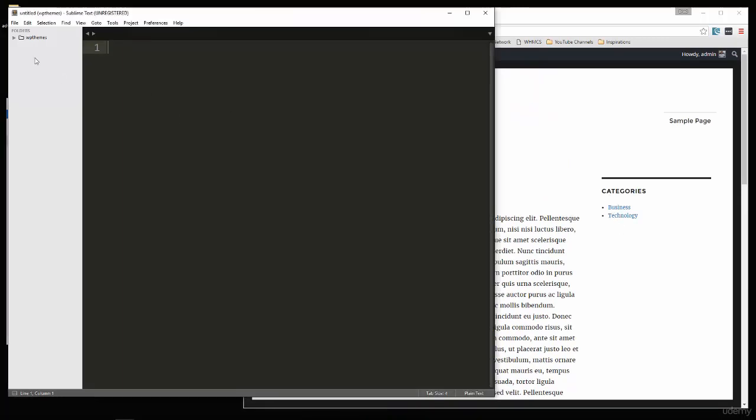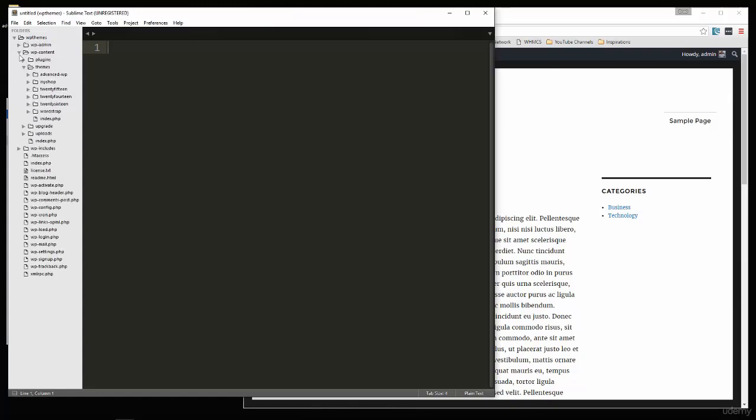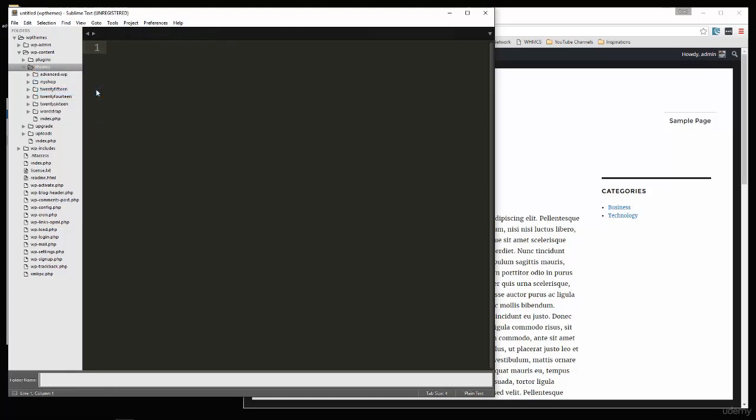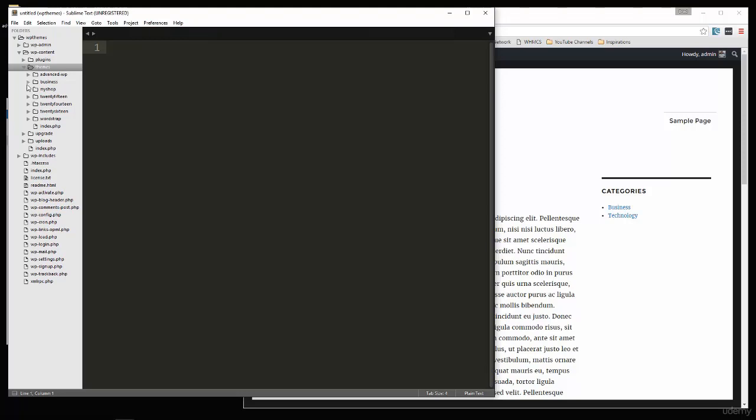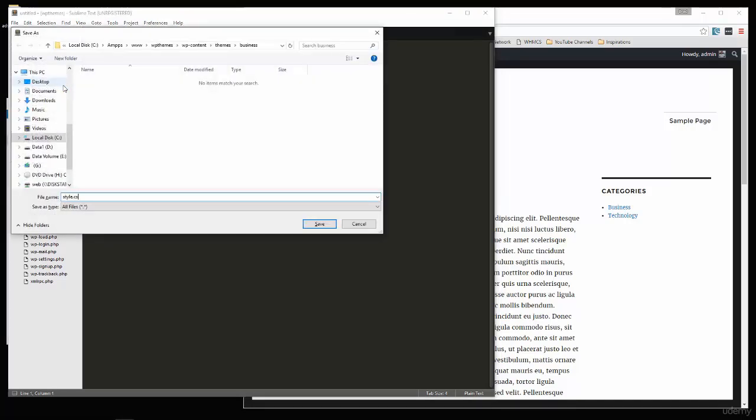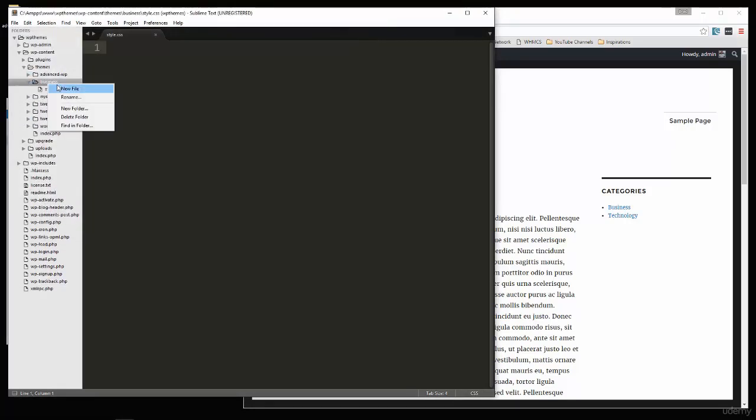So what I'm going to do is go to my wp-content folder and then themes, and in the themes folder I want to create a new folder, and we're going to call this business. Okay, and the first two files we're going to create are style.css, and of course